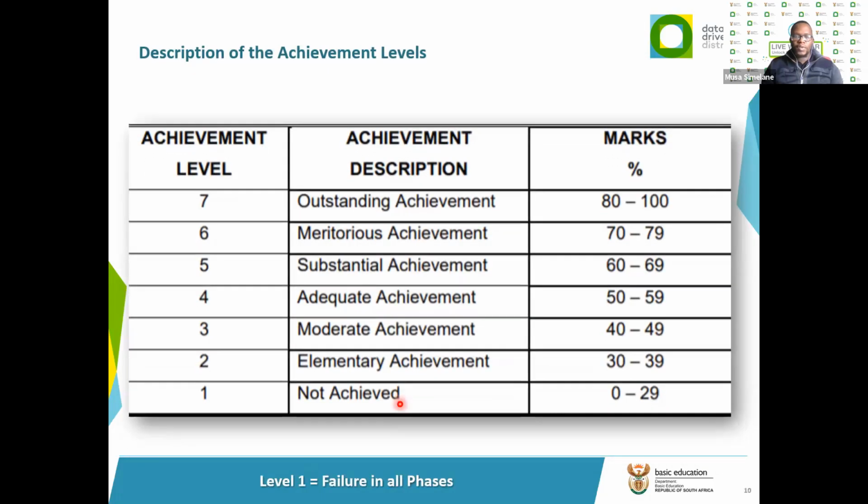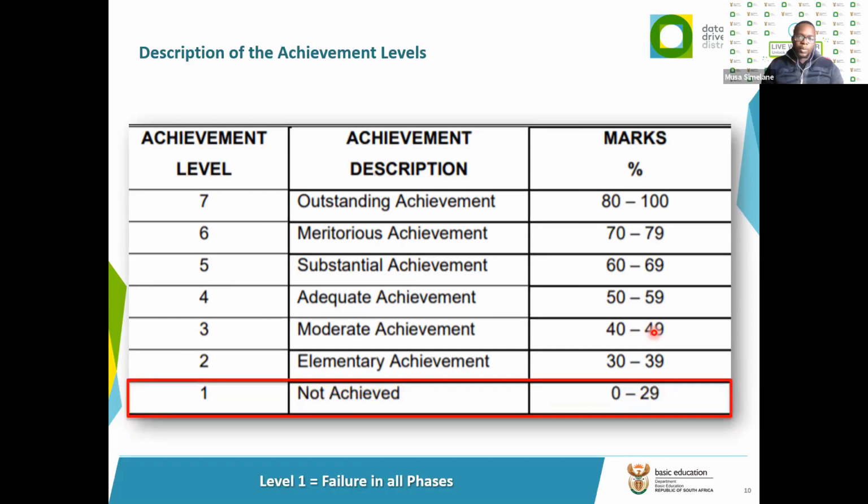All right. And then description of the achievement level. Like I said I'd cover this, and our levels are going to be shown here on this report from 1 to 7. So a school in a grade in a subject, let's say the subject is English and they've performed at level 4. It says there that maybe 17% of learners performed at level 4. Now you know what that means. It means 17 learners performed with an adequate achievement, and they go all the way from 7 to 1 with various descriptions. And here are the brackets here, and you can refer back to that to see exactly what each